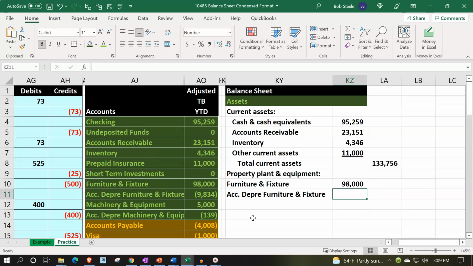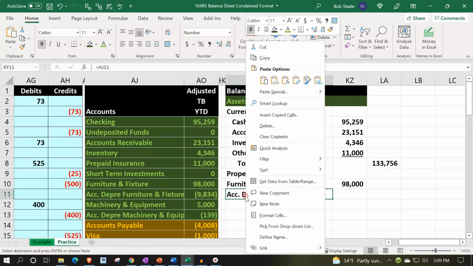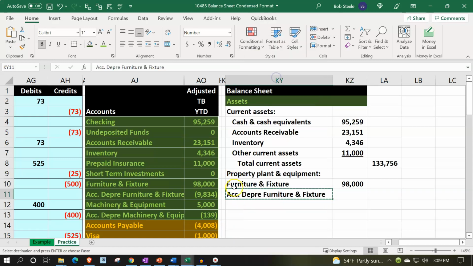Because I might actually say less accumulated depreciation. So for example, I might say, let's copy this and paste this 1, 2, 3, just the values. And I might say less ACC depre. We also might have an issue with this abbreviation right here. I might say, maybe I should not even have this ACC depre and just call it